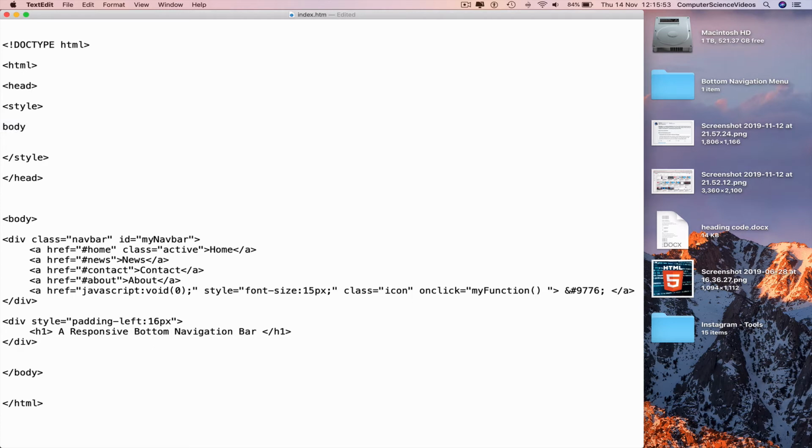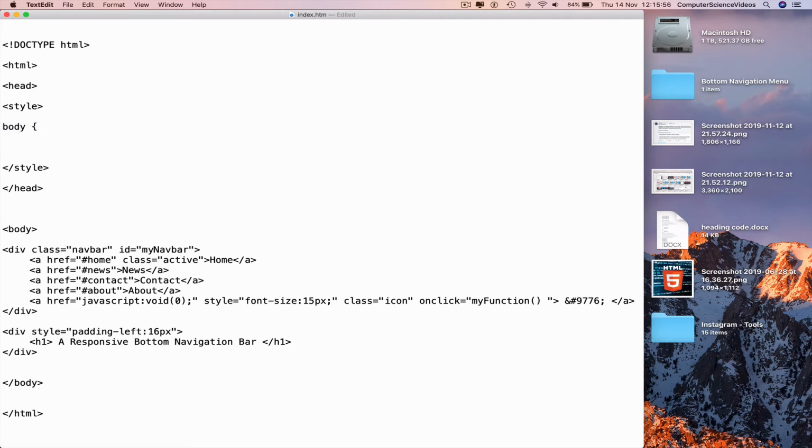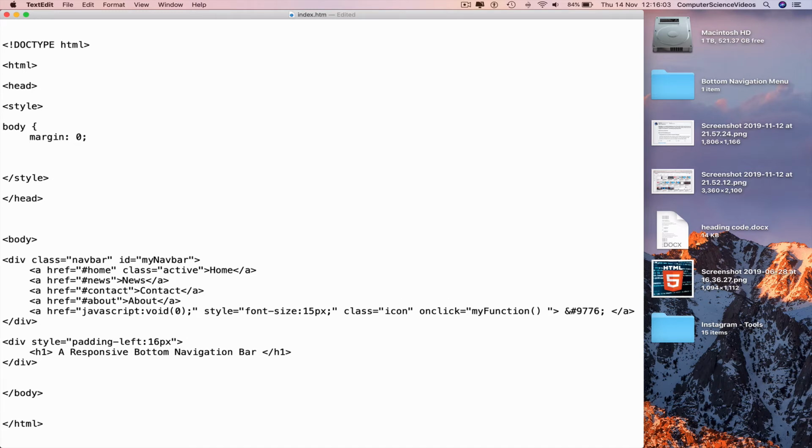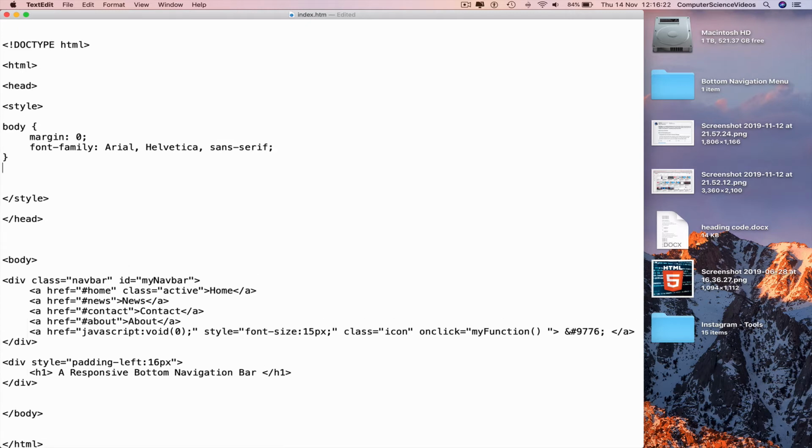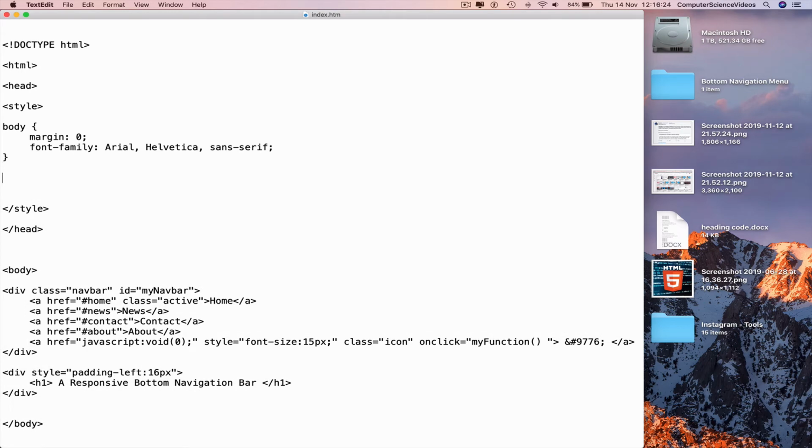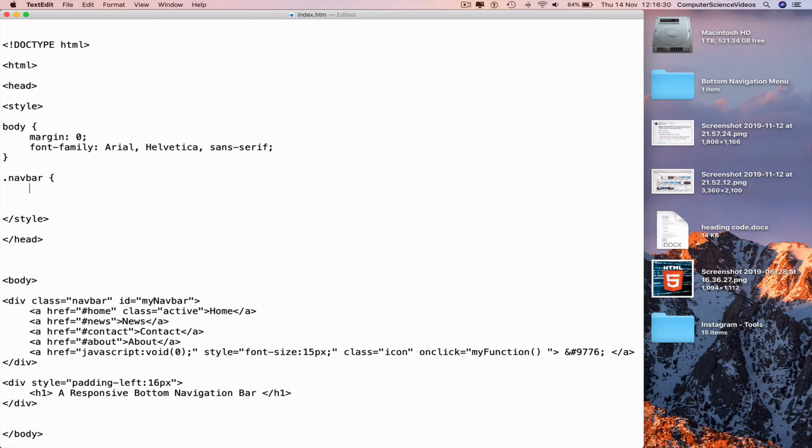Body, curly brace, new line, indent, margin colon 0 semicolon, go to a new line again, indent, font family colon Arial, comma, Helvetica, comma, sans serif, semicolon, new line, curly brace, go to a new line again, dot navbar, curly brace, new line, indent,